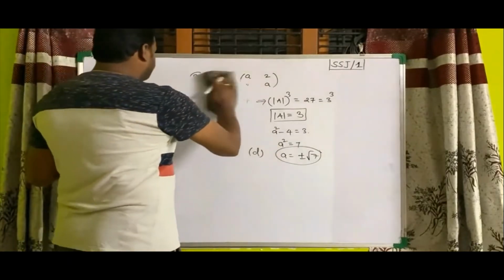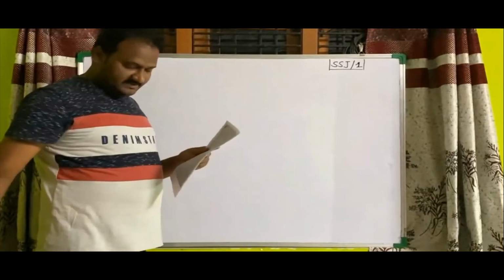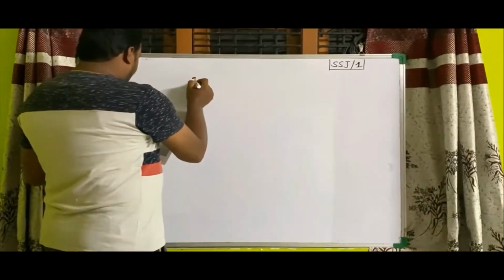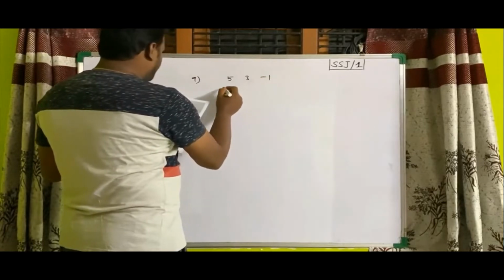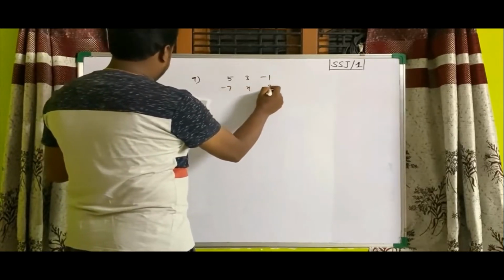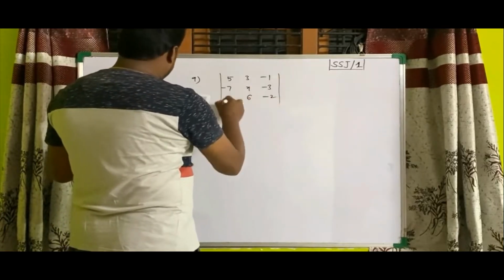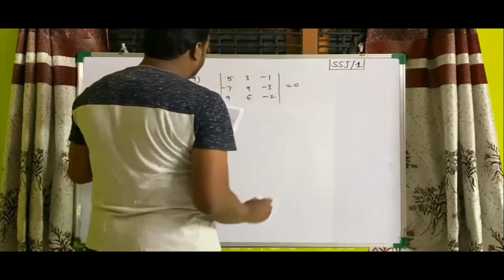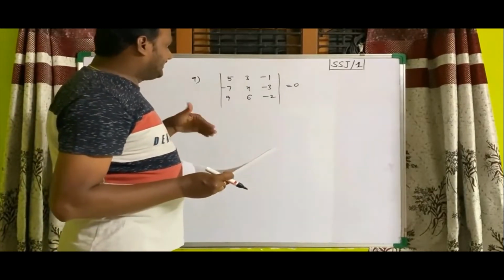So what is the ninth problem given here? A simple determinant of a matrix is asked. In this ninth problem, the rows are 5, 3, minus 1; minus 7, x, minus 3; 9, 6, minus 2. This determinant is equal to 0, and you are asked to find the value of x. I think we can go directly by